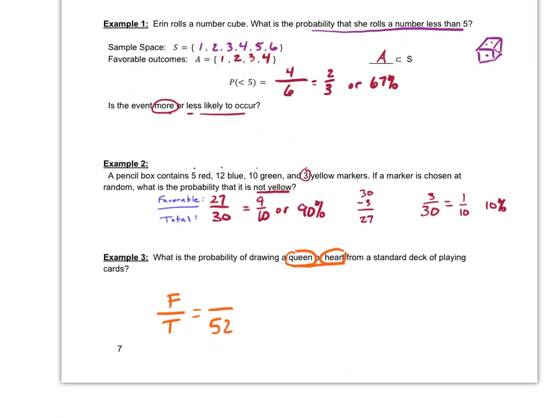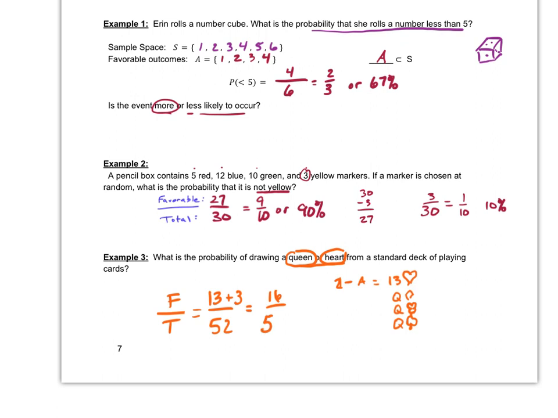Well, there are 13 hearts, 2 through ace, and that is going to be 13 hearts. And one of those is going to be a queen, and then I'm going to have 3 other queens. I'm going to have the queen of diamonds. I'm going to have the queen of clubs. And I'm going to have the queen of spades. Not some very good symbols there, but so we have 13 possible hearts plus 3 additional queens, so there's going